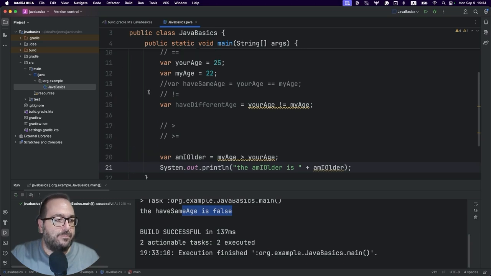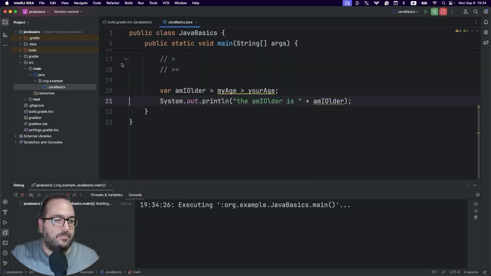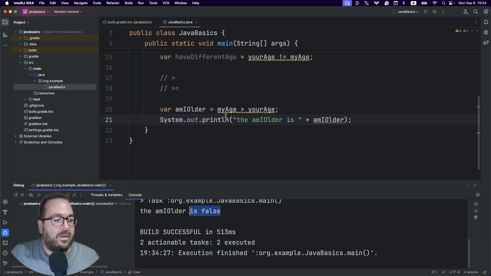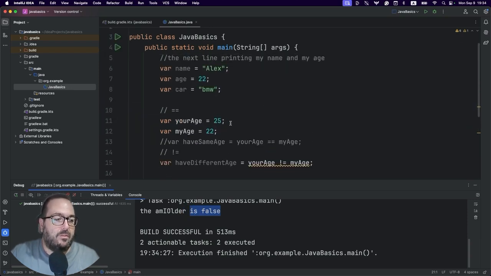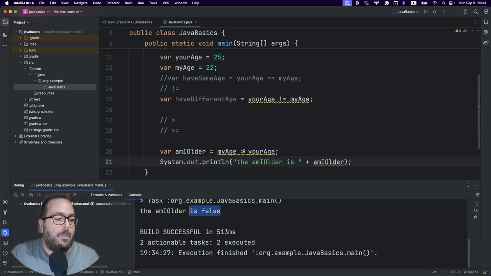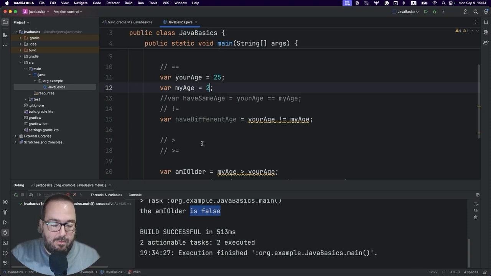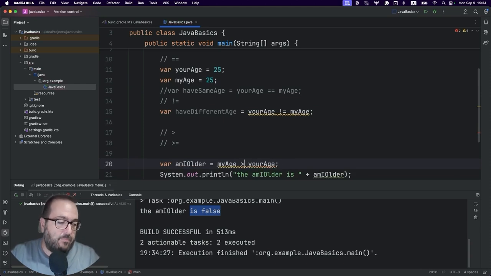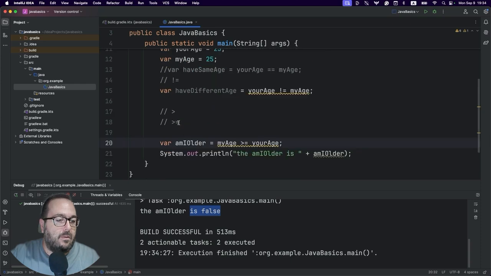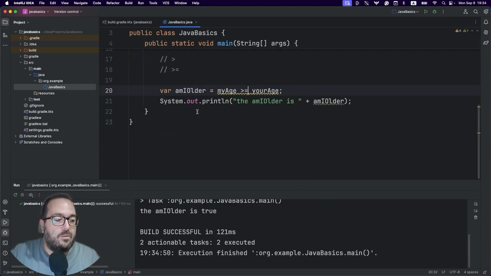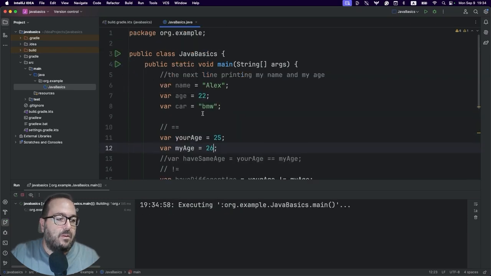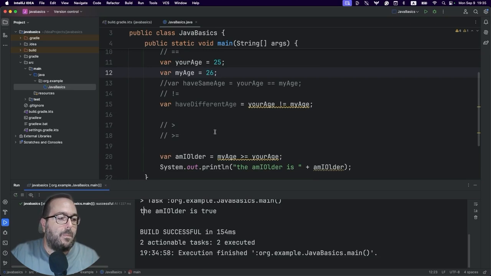It's going to be amIOlder is false because my age is 22 and your age is 25, so I'm not older, right? What if we had the same age, 25, and we were comparing the greater or equal case? So now the amIOlder is going to return true, right? But if I was indeed older, 26, this is going to be again true.